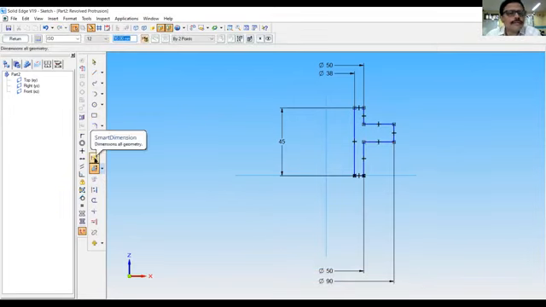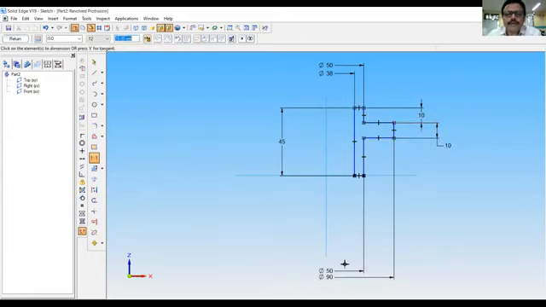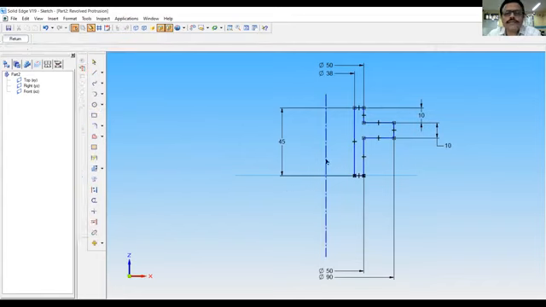Now you can dimension. You can fix these dimensions. This is 10 mm. This is also 10 mm. Now all the things are dimensioned. You want to give the axis of revolution on this. Click on return.